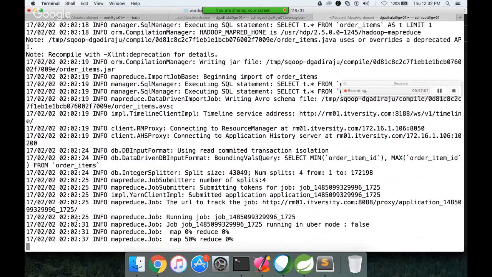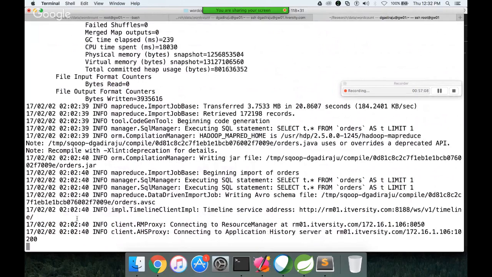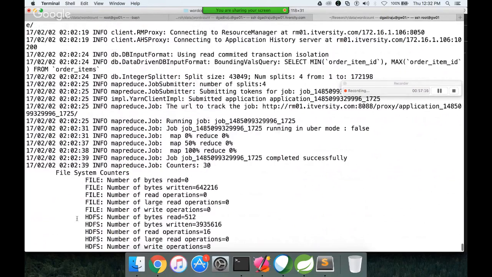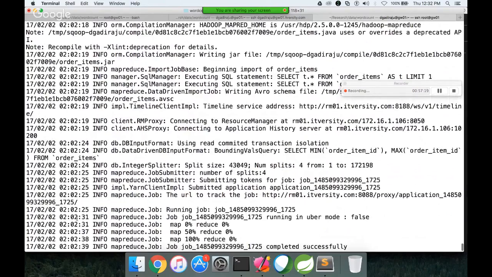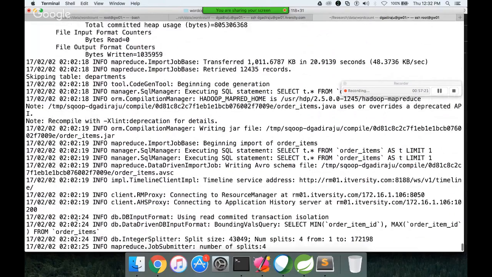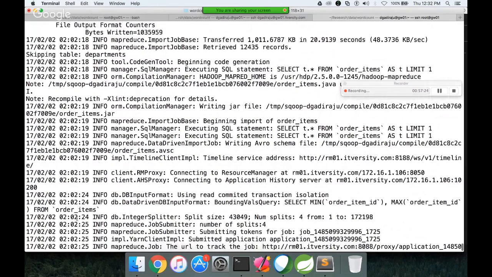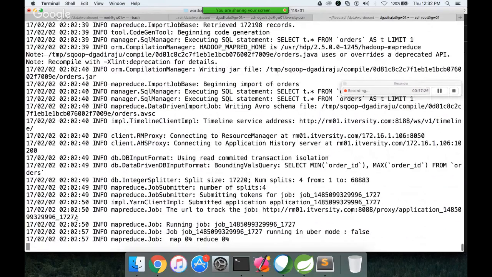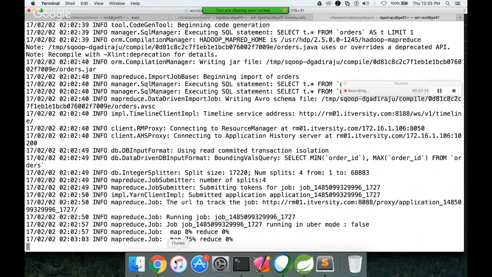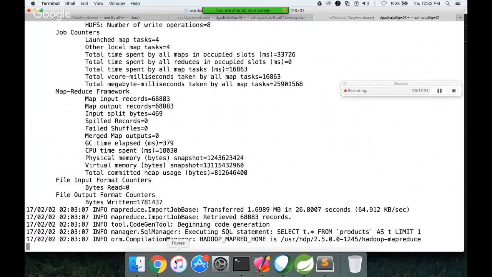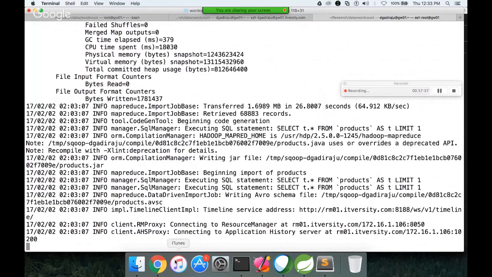So we have 4 tables. We are trying to copy 4 tables: customers, orders, order items, and products. So it is actually doing it in ascending order based on the table names. First it copied customers, then order underscore items, then orders. Now it is trying to copy orders, and then it will copy products. Okay, it's the same as the import. The only thing is, it is trying to loop through the tables which we want to copy and running the import